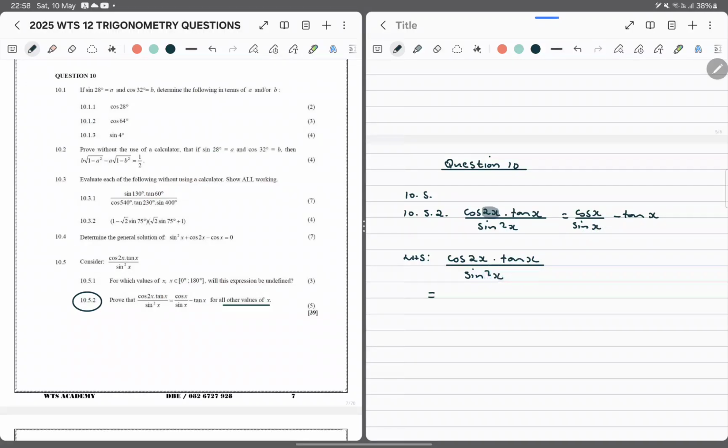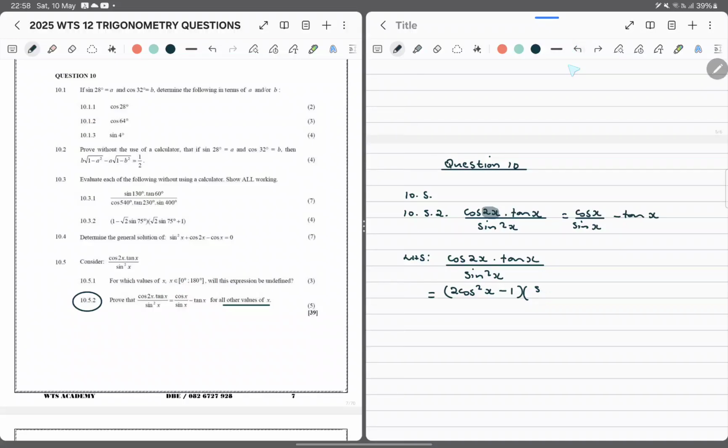So this means it is safe for me to say this is 2 cos squared x minus 1, using the identity there, into tan x is sine x